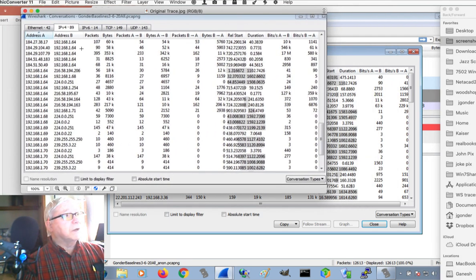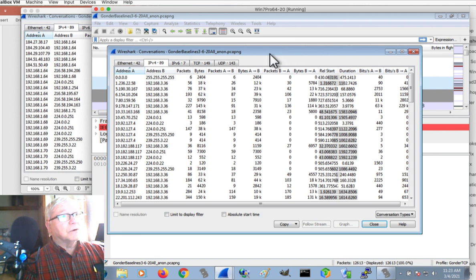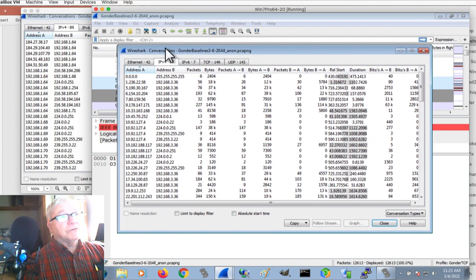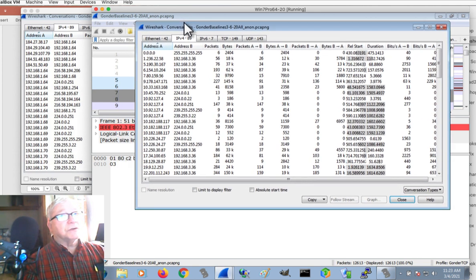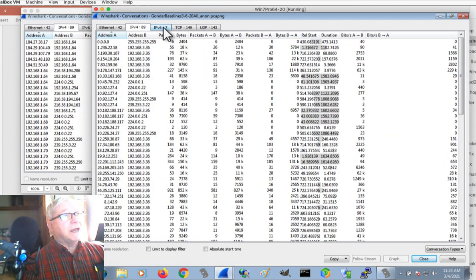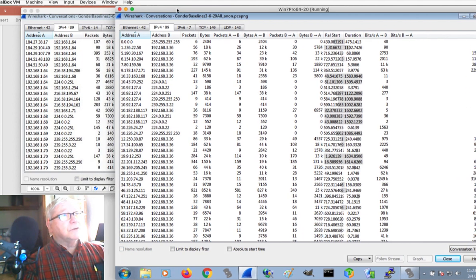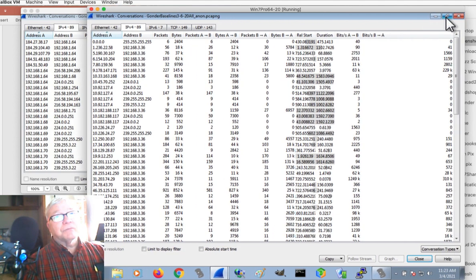So where before I had 38.17 and then 1.64, now I've got 3.36, and so all the numbers are different now, but they're consistent. The same conversations are there, the same packets and all that. So there we go. I have anonymized this conversation, and then what may often happen is you will be asked